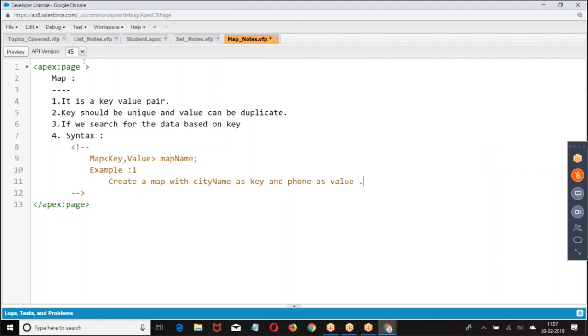City name will be in which format? City name is going to be in the form of string.